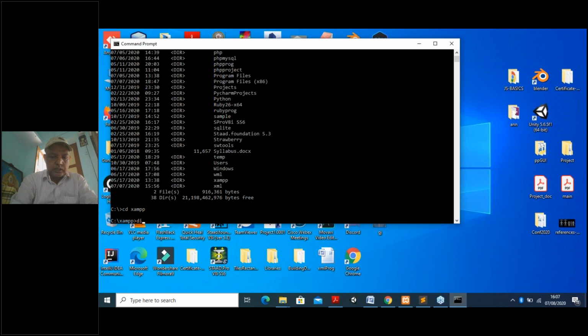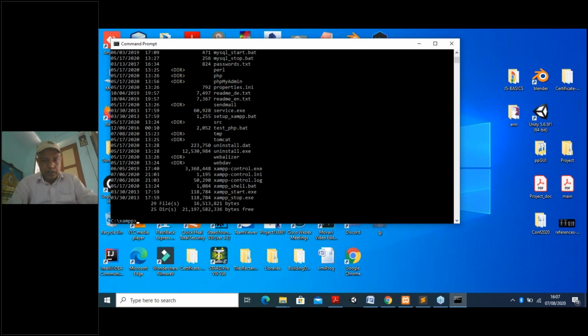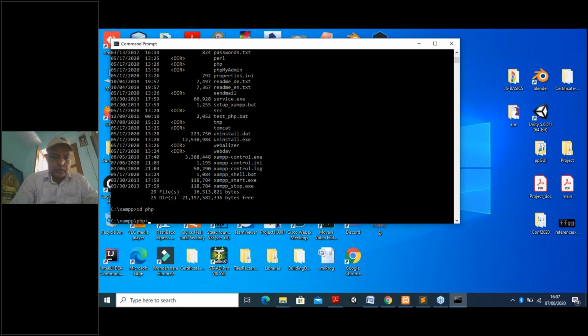Then you see what directories are under this. You have a number of directories, but I am interested only in PHP, because I already created a folder for PHP. So I go for CD PHP, and find all the directories inside that one with dir.